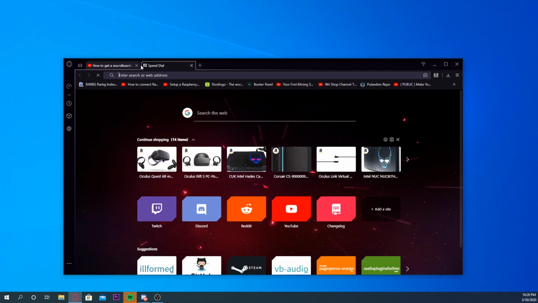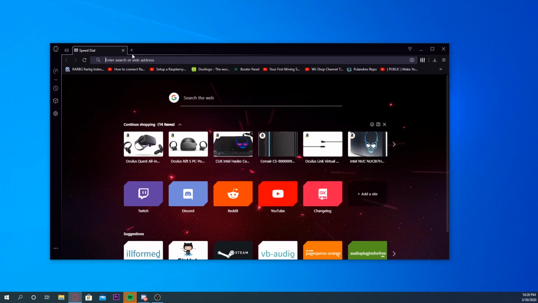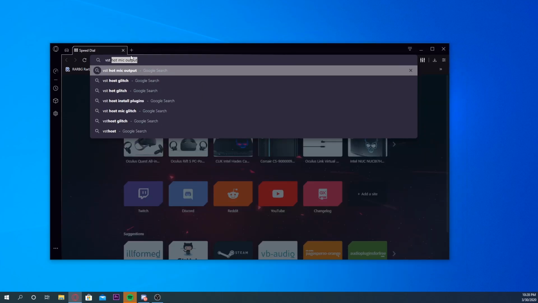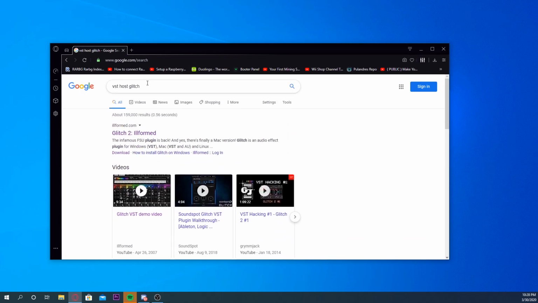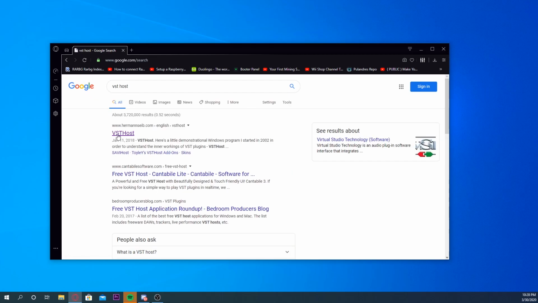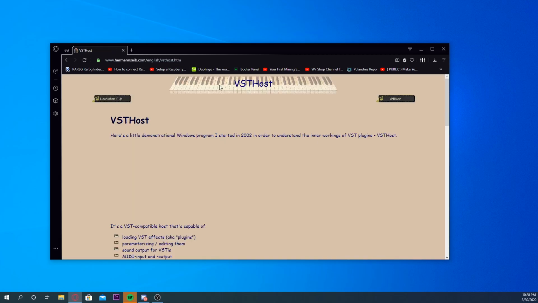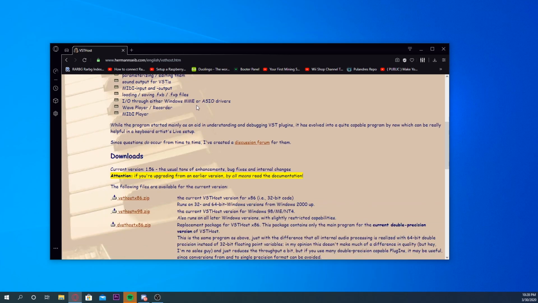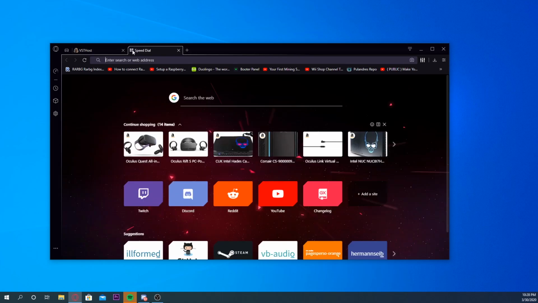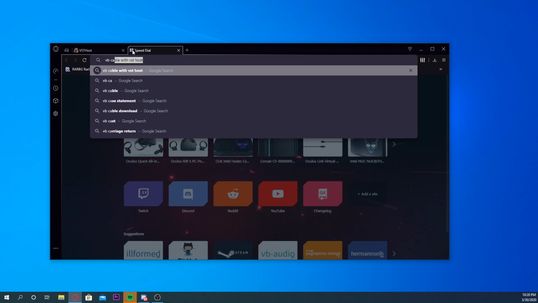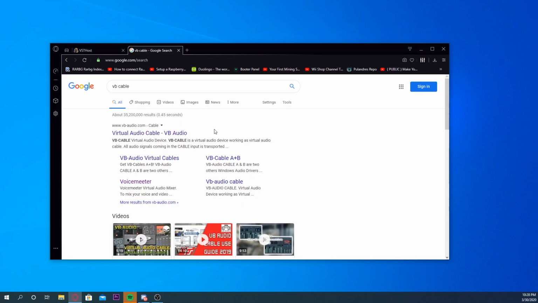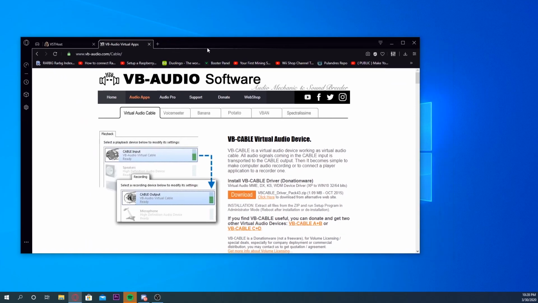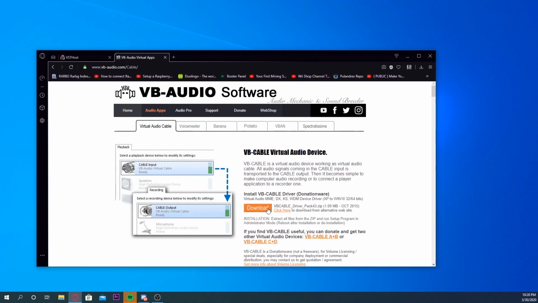So, how I got this to work was I downloaded VST Host. Downloaded that, not the glitch. I downloaded the VST Host. So that's one of the things you're gonna want to download, and then you're also gonna want to download VB cable. You're gonna download VB cable right here. I'll put these in the description. And then once you download all those,